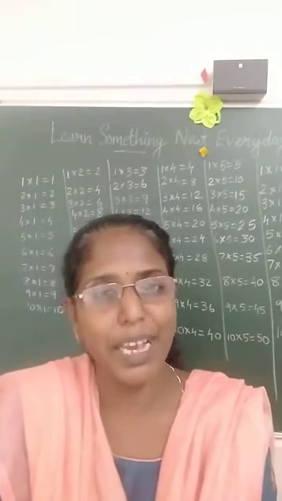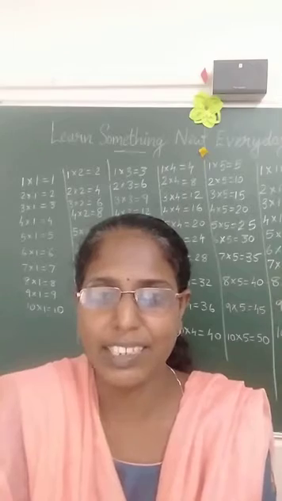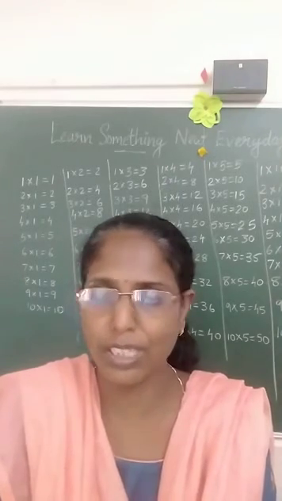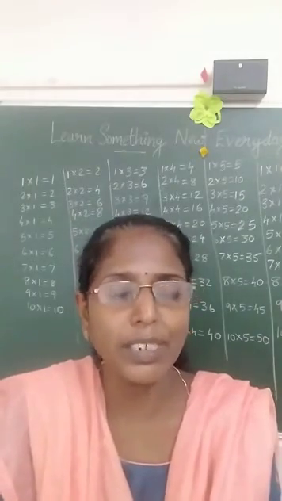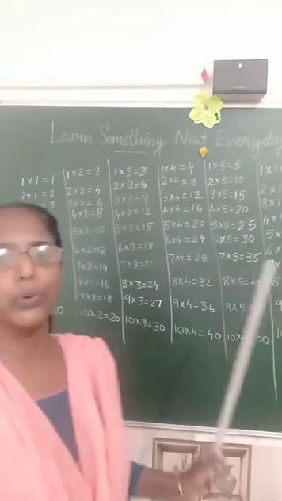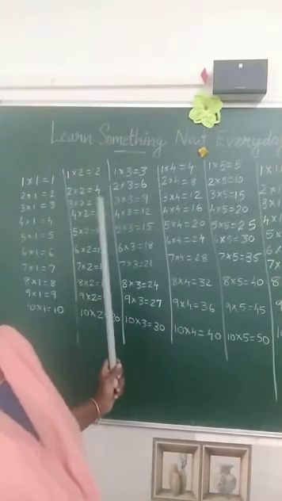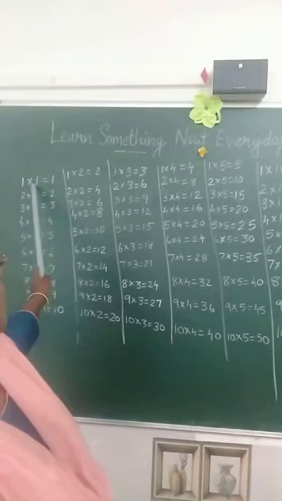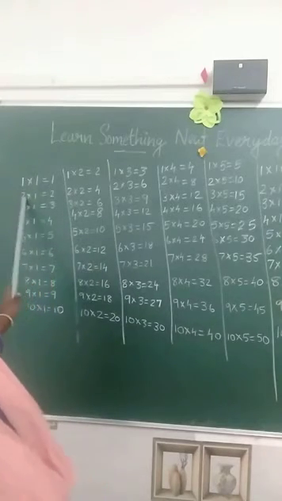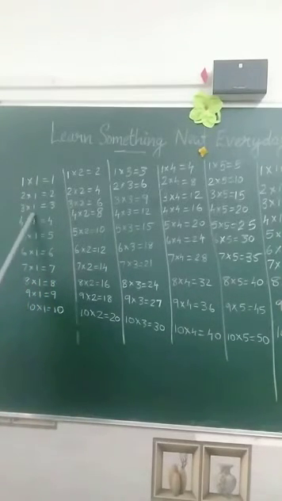What we learned in maths in our last class is multiplication, and we finished multiplication with the number 1. Look at the board, all of you. I have written the ones table on the board. See, 1 one is 1, 2 ones are 2, 3 ones are 3. That shows if we multiply a number with 1, the answer is the number itself.